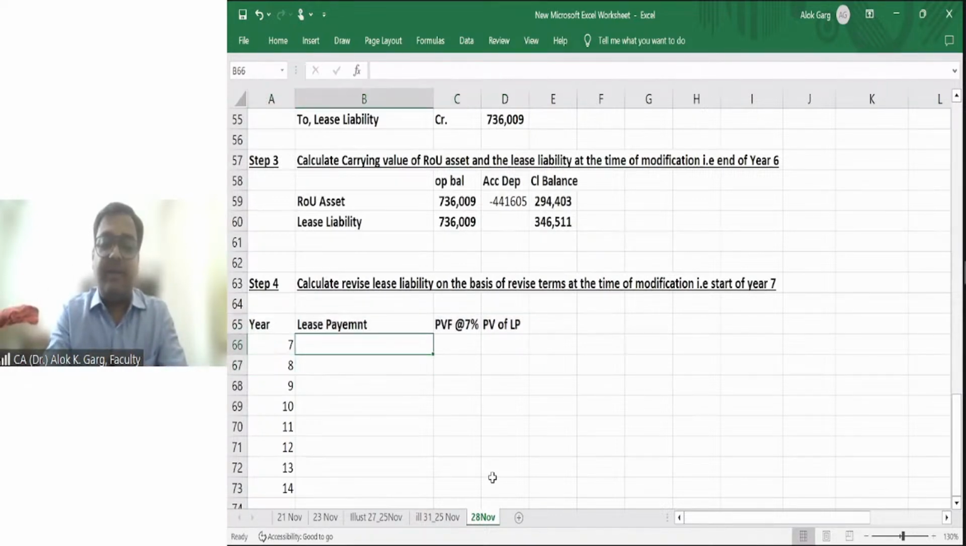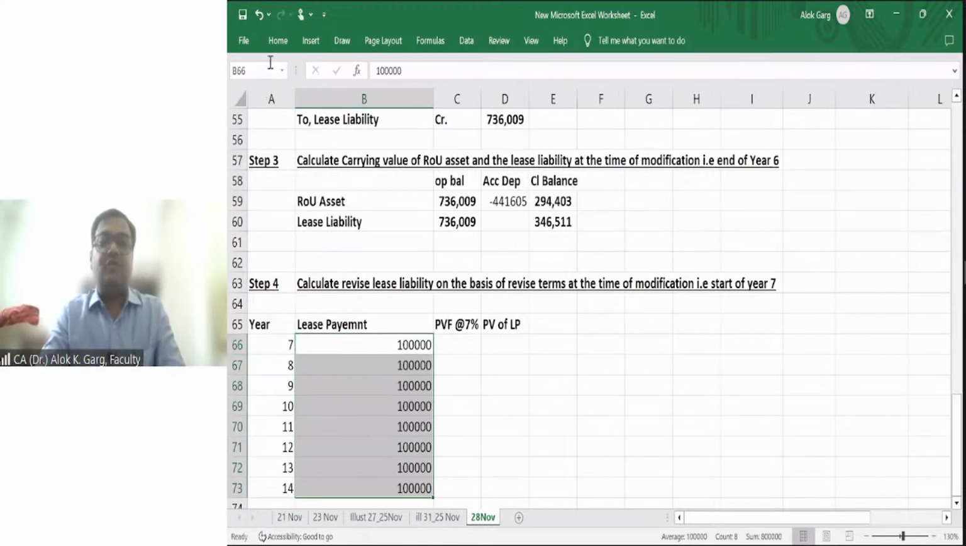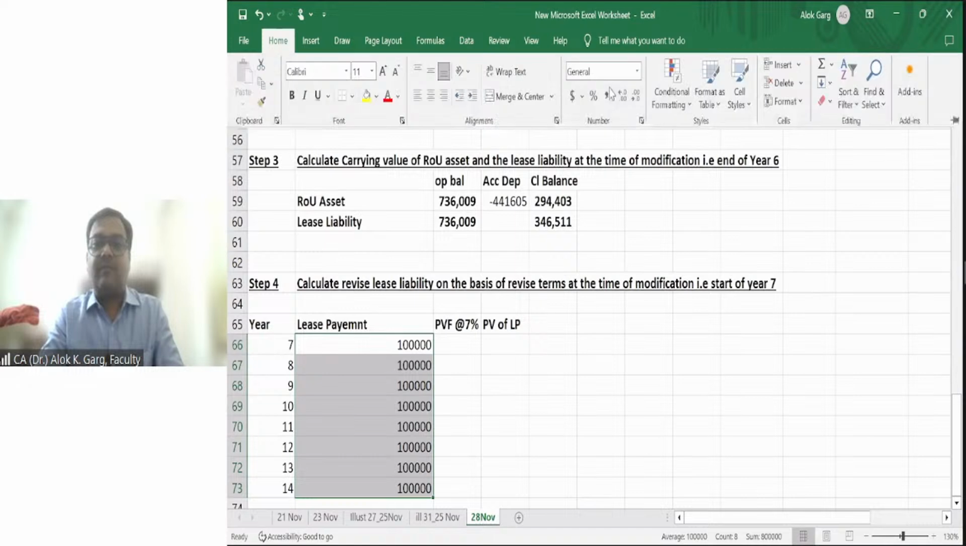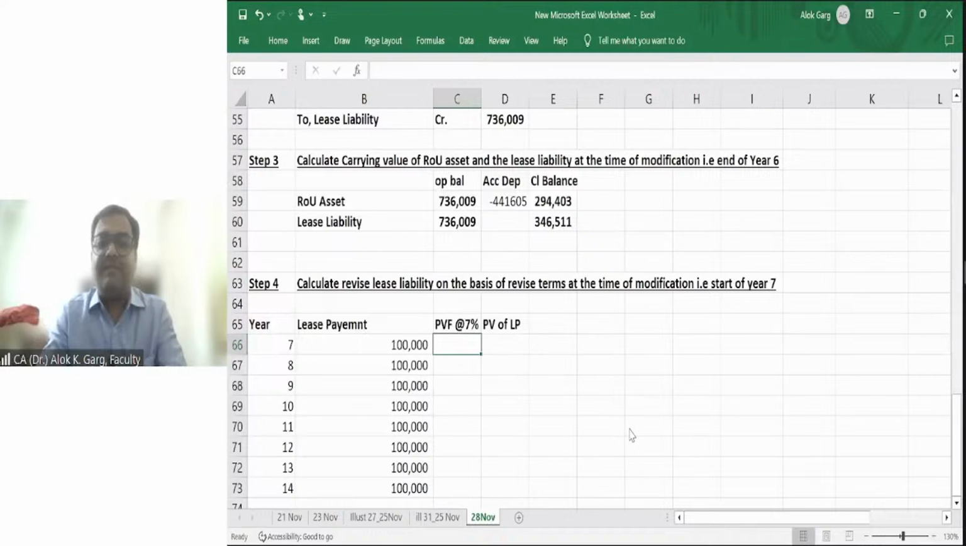What is my lease payment? It's 1 lakh rupees every year because there is no change in lease payment. There is no change in scope of the lease. What is my present value factor at the rate of 7%? Equal to 1 divided by 1.07. Right? So friends,